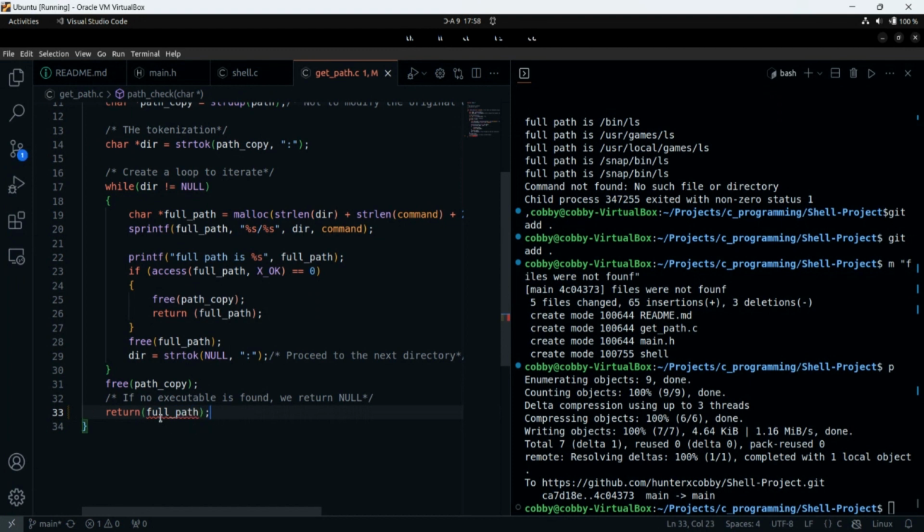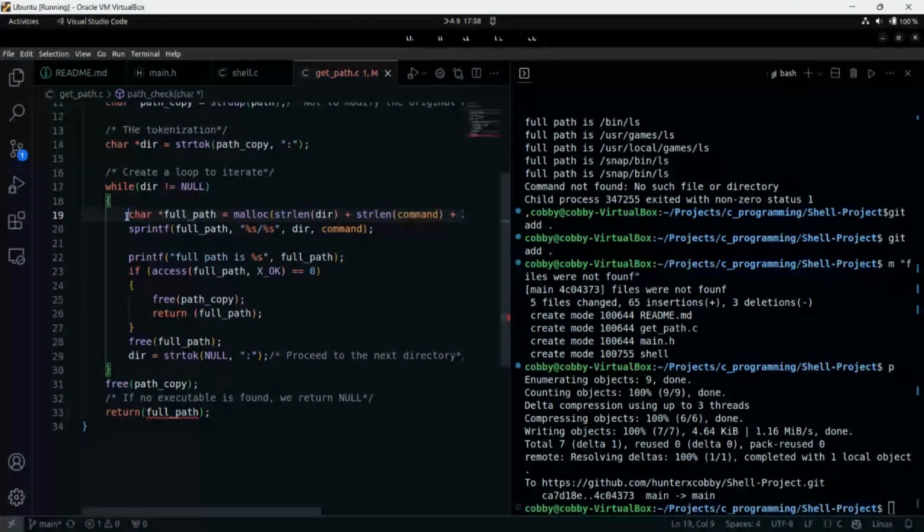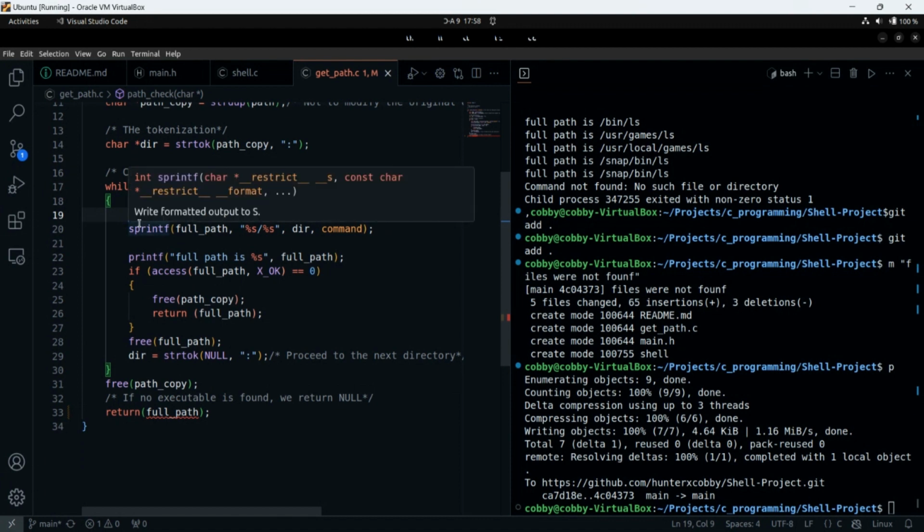Why am I getting this? Why is full path not defined? Okay, so I defined it here. Oh, okay. That is if the directory is not null. Or directory is not null. Full path.